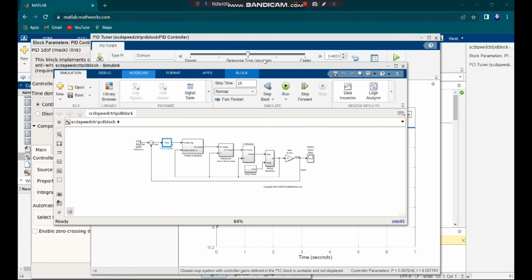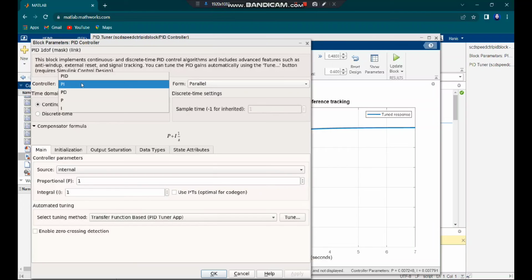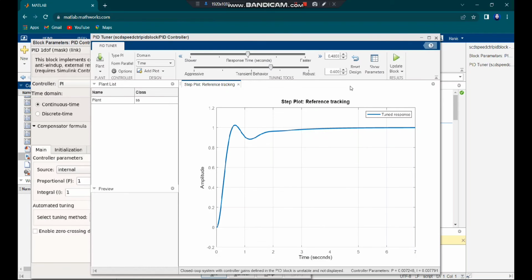Okay, hi and Assalamualaikum. So I will explain part 4, PID controller auto tuning. So this is the block diagram for the PID controller. We add a PID controller and the result that we get for the block parameters is this. This is the block parameters of the PID controller. So we set it to PID, PI, PD and P. So at first we set it for PI. So this is the graph. And for the table, which is the parameters,